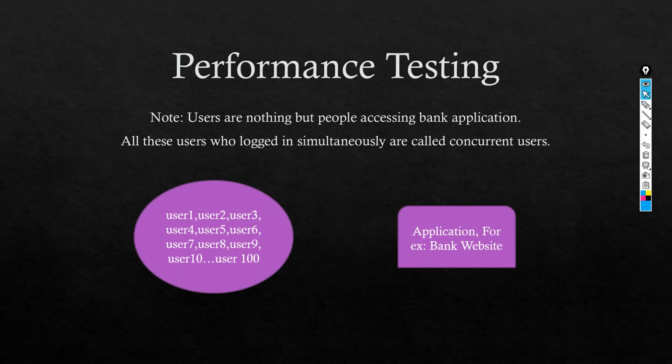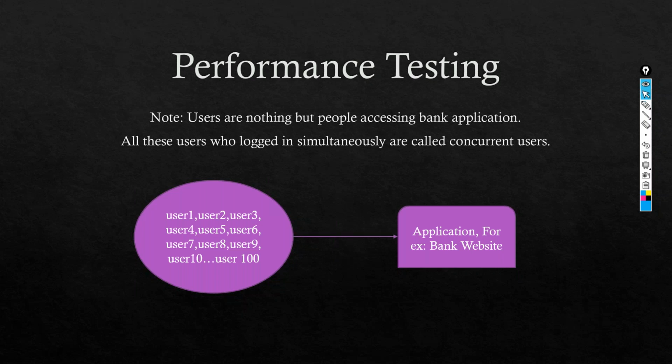So if 100 people are accessing this particular bank website at a time, then as a performance tester we have to see how the application is responding. Okay, what are the critical business transactions, how are those critical business transactions actually behaving and performing during the load? Okay, and we have to see the response times. So as discussed, the industry standard of the response time is 2 seconds. It could be more in some projects depending on the client requirement.